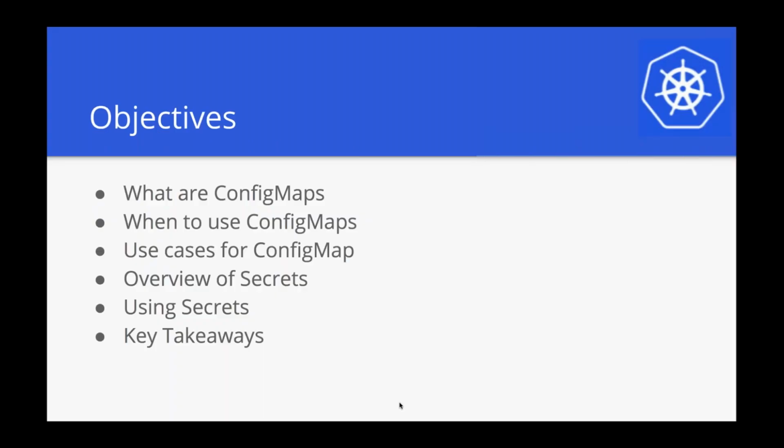So let's get started. Config maps are a very useful mechanism for injecting configuration into Kubernetes applications. So I'm going to touch upon the concepts of config maps. What exactly are config maps? When are they used? What are the top use cases? Followed by another very important concept in Kubernetes called secrets. Secrets are very similar to config maps, except that they bring sensitive information into pods and containers. And finally, there are some gotchas that you need to be aware of. So we'll cover them in the key takeaways